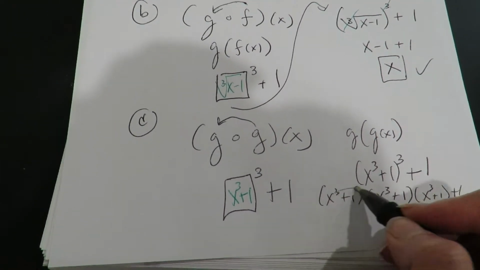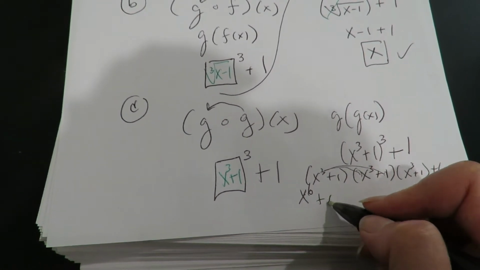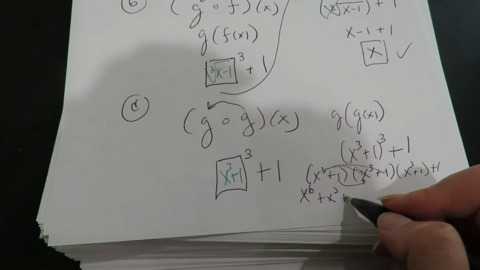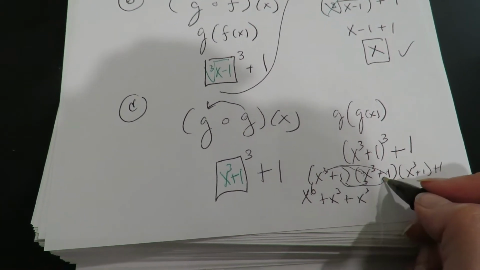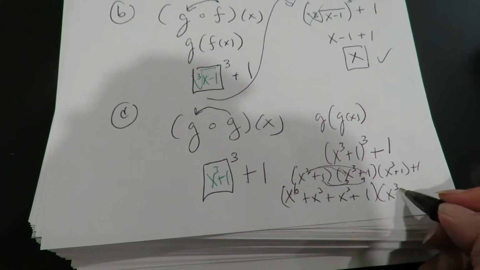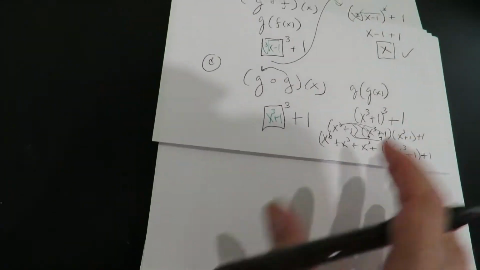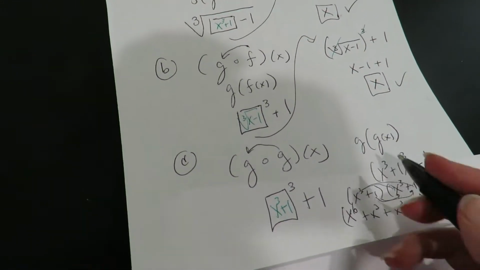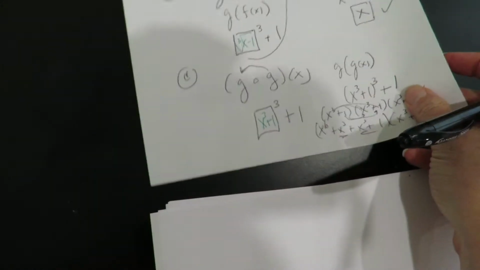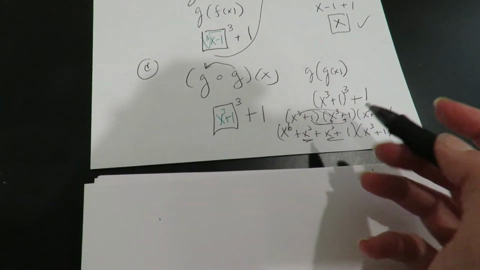Okay, so if I FOIL this out, this times this is x to the 6th. This times this is x to the 3rd. You can use a formula if you prefer. This is x to the 3rd. This is plus 1. I haven't yet multiplied it times x cubed plus 1. Plus 1, I'm going to run out of room. You can add these two together. Okay, so if I add these two together,